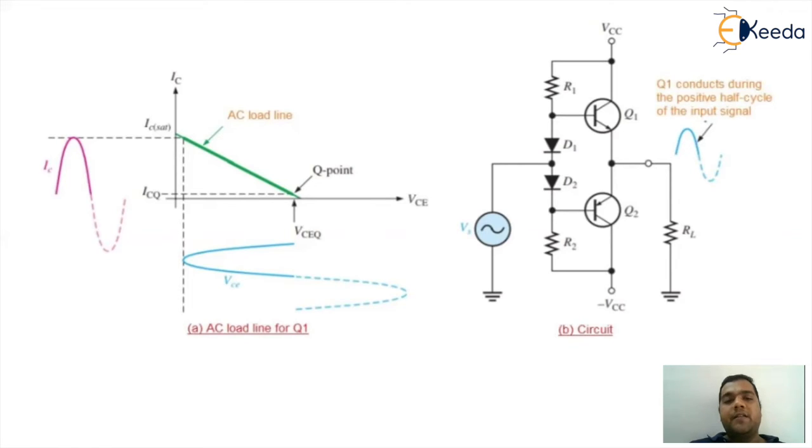Here, on the left hand side, you can see the load line characteristics. And on the right hand side, you can see the circuit diagram, where the diagram is clearly showing you that during the positive half cycle of the input signal, the transistor Q1, which was going to amplify the positive half cycle, will now amplify the complete positive half cycle and will be eliminating any problems of crossover distortion. A similar operation will be performed by transistor Q2 during the negative half cycle operation. So this is the way we are able to satisfy the requirements of transistors.